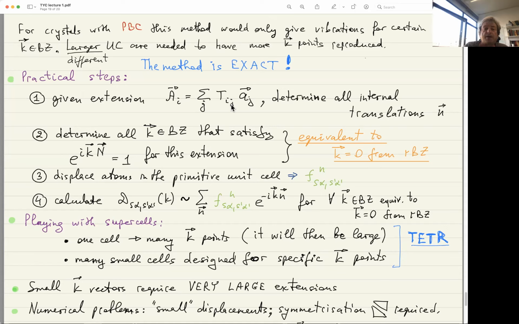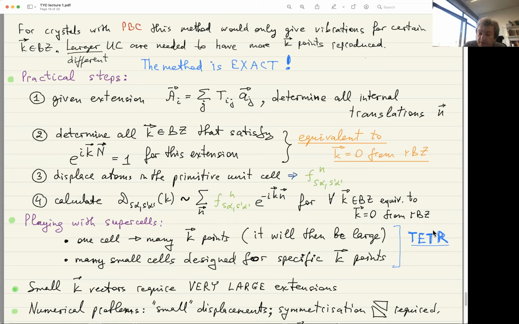Then you took another extension of the primitive cell, and that cell is still big, but you have k equals 0. You have determined the k equals 0 vibrational frequency already. And maybe there is another k point in this other cell which you have not yet done. So what you can do, you can determine analytically